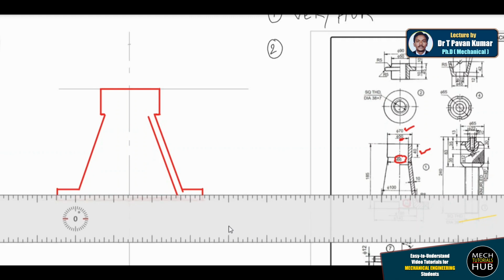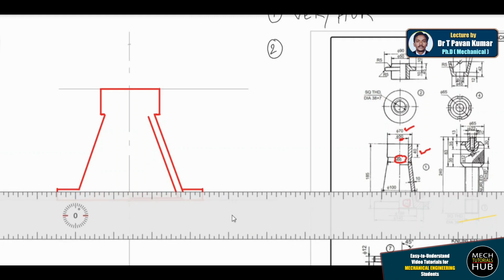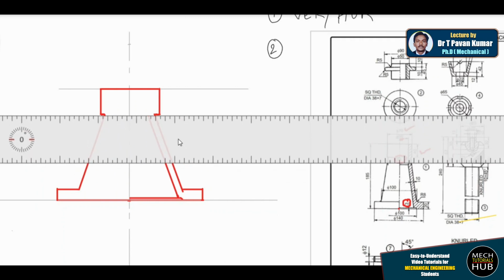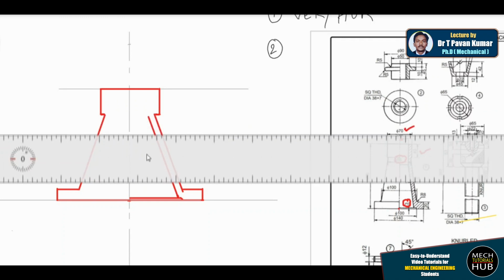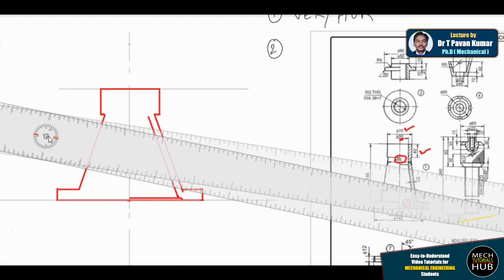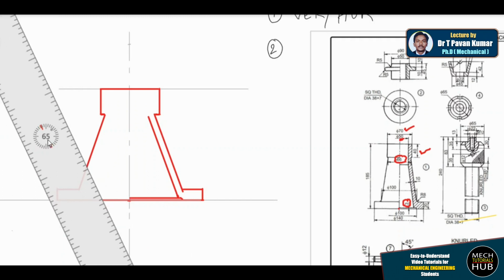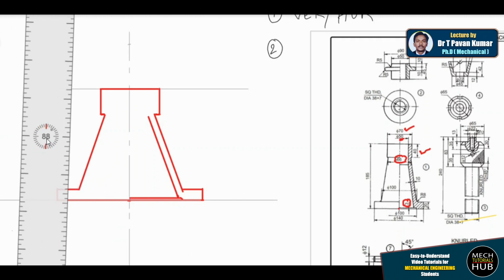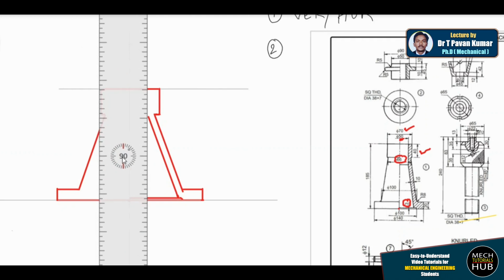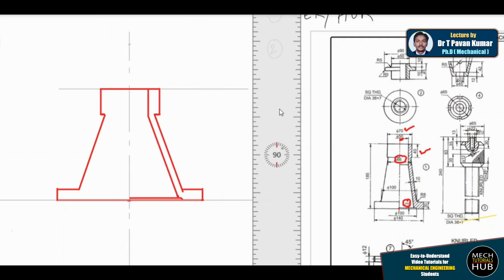Okay, there you can make some required hatchings, whatever the hatchings required, and this edge will be followed as there is only one side. You can draw this edge, continue this edge till this particular axis line, but I'm not doing it because of the clumsiness. Let me make it one. Almost done with my part number 1. Hardly it is going to take some 10 to 15 minutes, but as I'm explaining and drawing it slowly, it is taking enough time. Let me draw this line so that it will be finished.